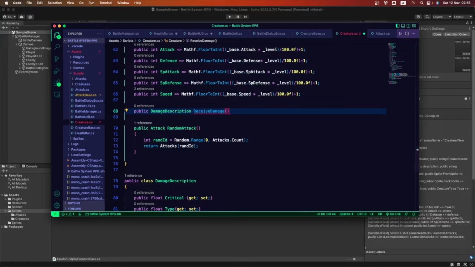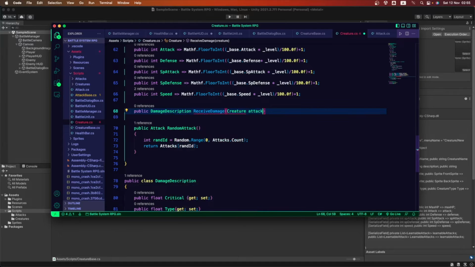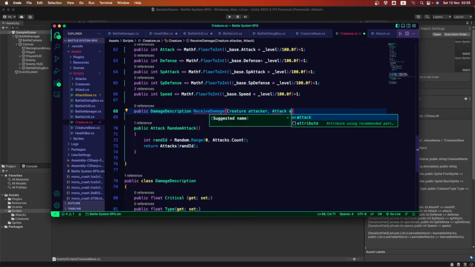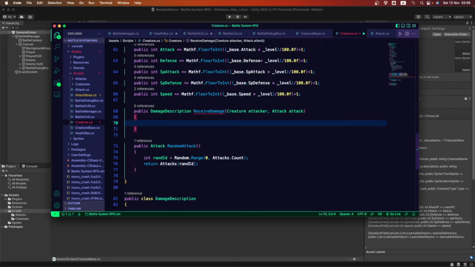So let's start building this one, because it's a bit long. We need two arguments: an attacker creature and its attack. We need the attack that is going to be happening inside this.